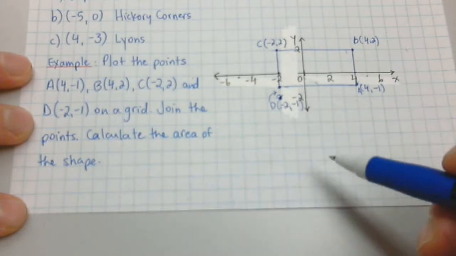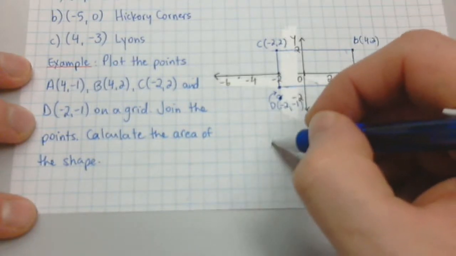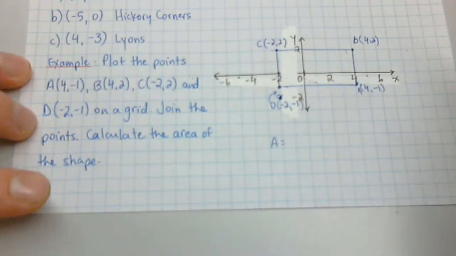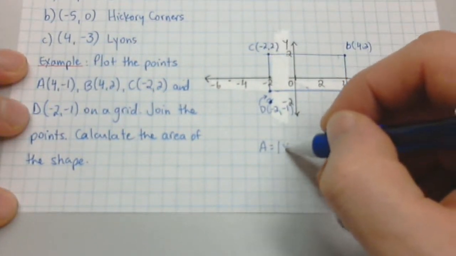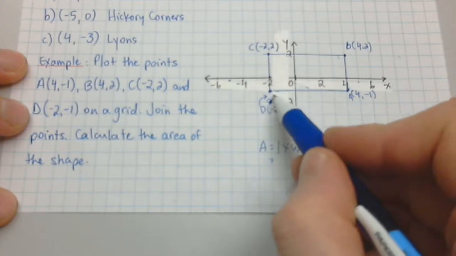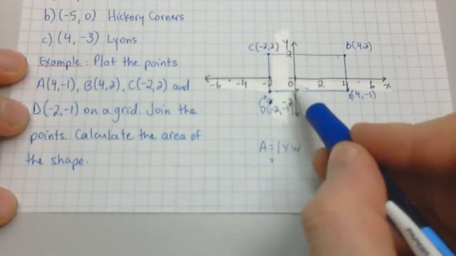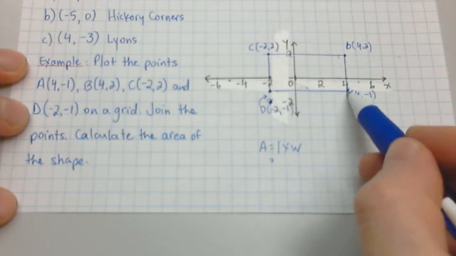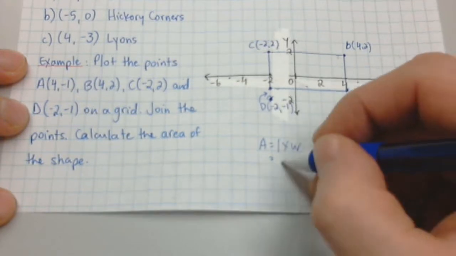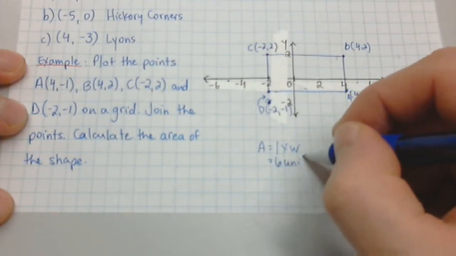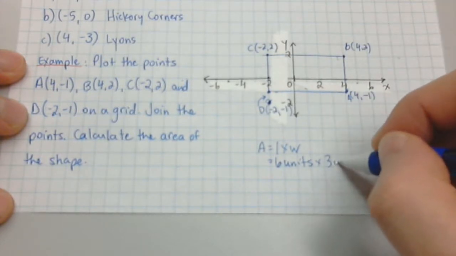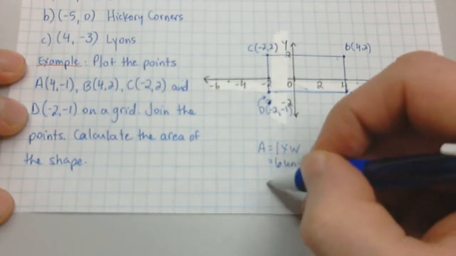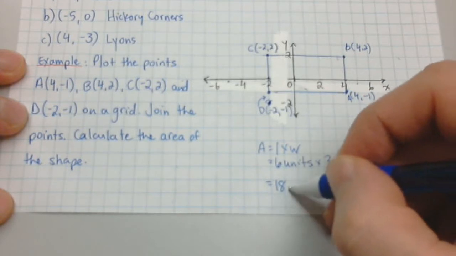And the last thing here says to calculate the area of the shape. So thinking back to geometry, to my area and measurement unit, I know that the formula is length times width. I know that this is 1, 2, 3, 4, 5, it's 6 units. And I know this goes 1, 2, 3 units. So it gives me a total of